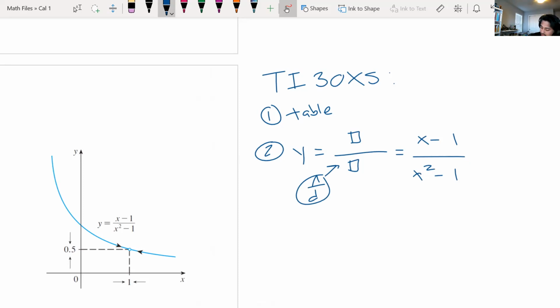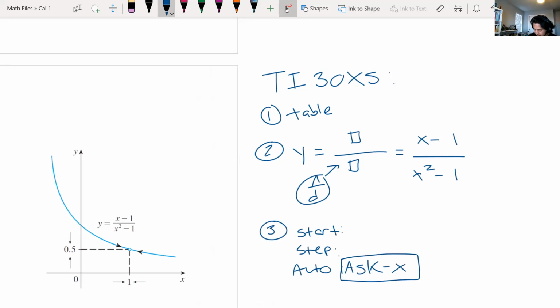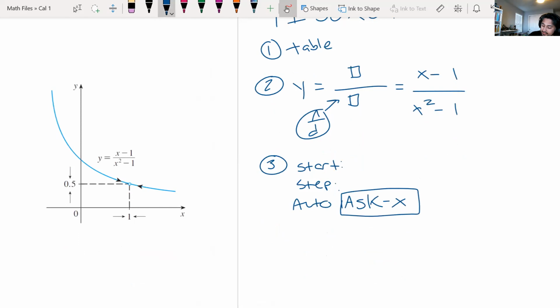You're going to come to a screen that says start, step, auto, ask. So ignore start and step and go straight to highlight ask X. Okay. Highlight that, hit enter, enter, enter, and then you're going to get an XY chart. If it's not blank, just hit the delete button and it'll clear out the values that are there. And start typing in the values you want that are close to,